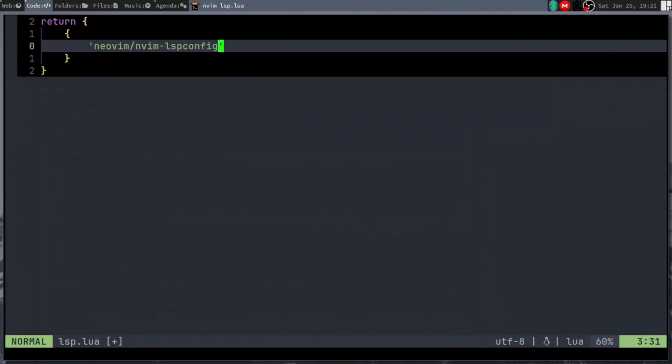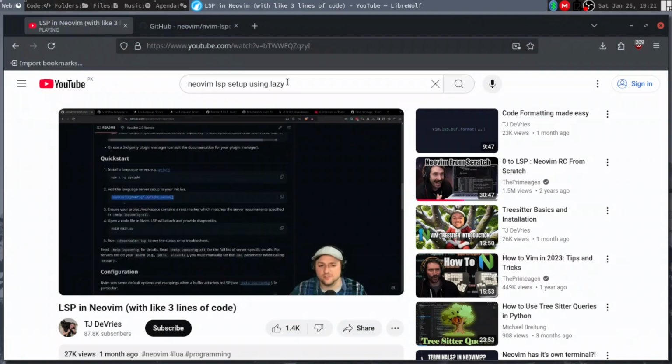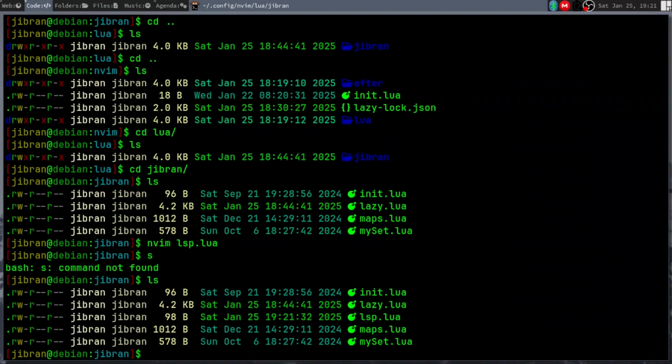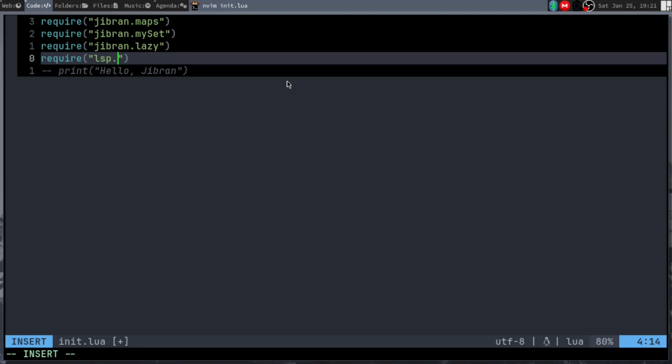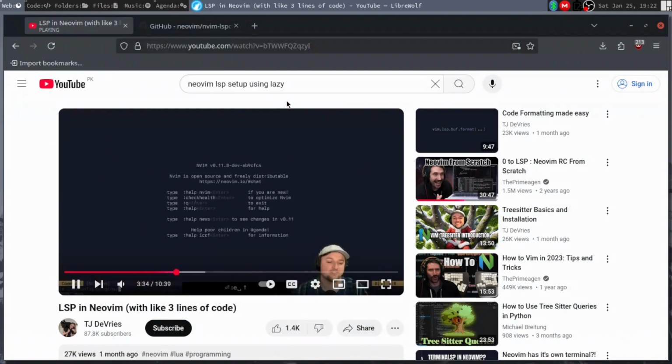Where is the LSP? How can I install that plugin and set it up on lazy? But there were just so many options and so much configuration that was required for me to just set up that simple LSP. So yeah,